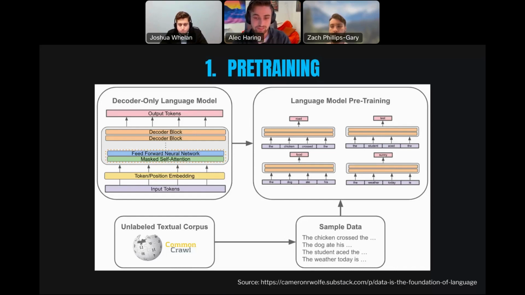When it sees millions and millions of snippets of text, and it's constantly tweaking the internal model to have a higher likelihood of predicting that next word, it gets very, very good at this. And then at the end of this step, we are left with a model that's very good at predicting the